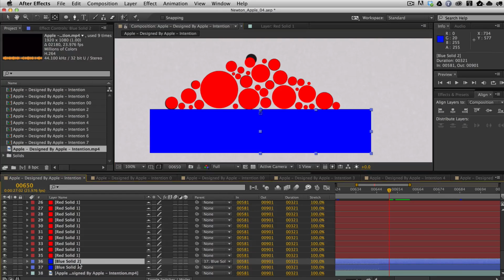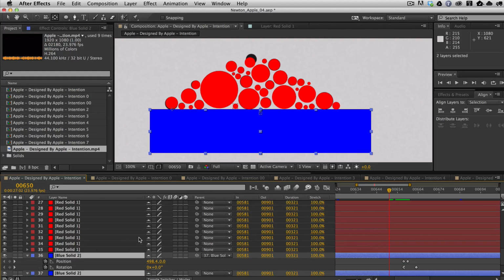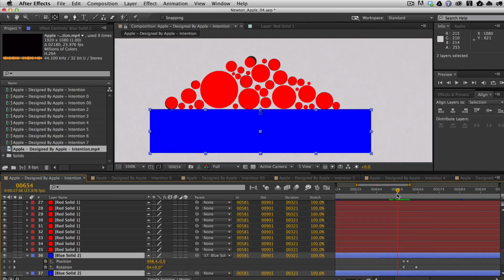And then I went ahead and parented this second, what I would call the right solid, to the left solid. And if I reveal the rotation and position, you're going to see that I also went ahead and did the little animation of the kind of things happening. But hey, we're getting ahead of ourselves. That's going to be the next section. For now, we just need to worry about